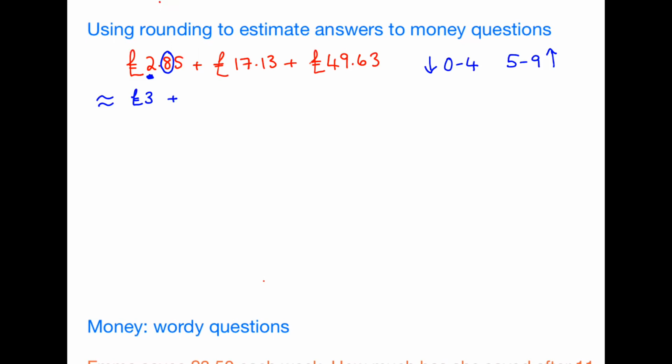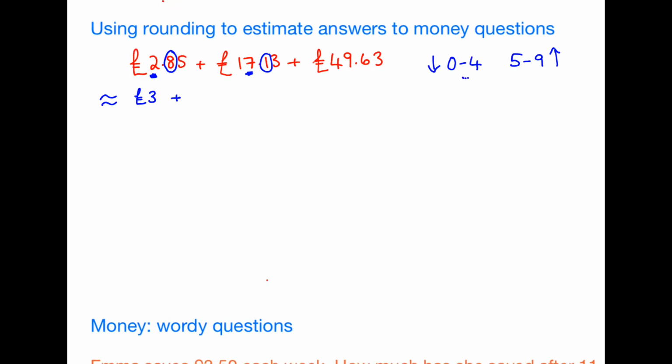£17 and 13 pence. Well, 7 is the pounds digit, isn't it? And the 1 belongs to this group here. So that tells us to leave the 7 as it is. So that's £17. And then the third one,